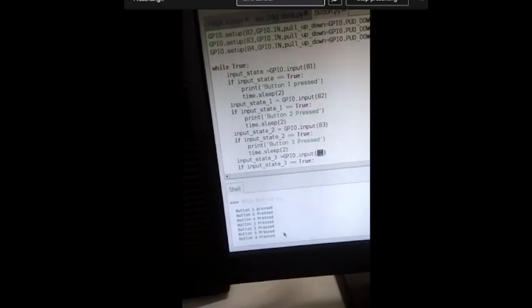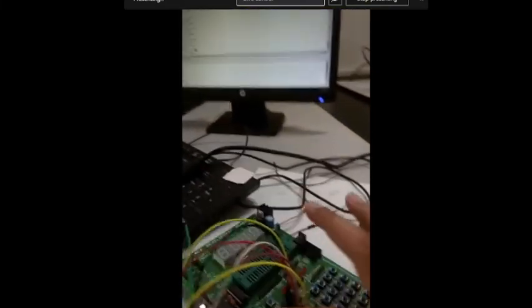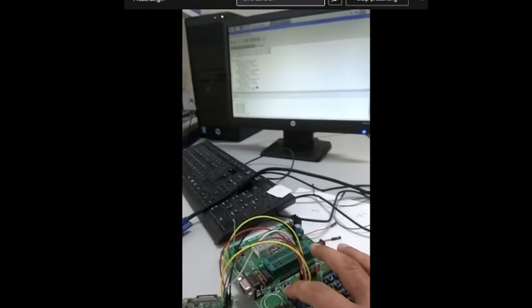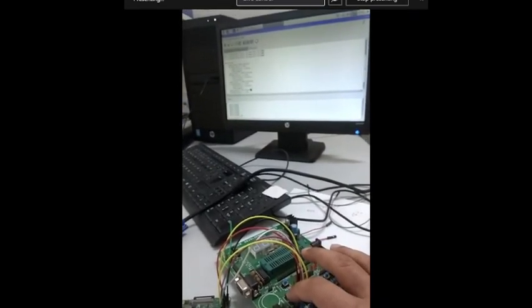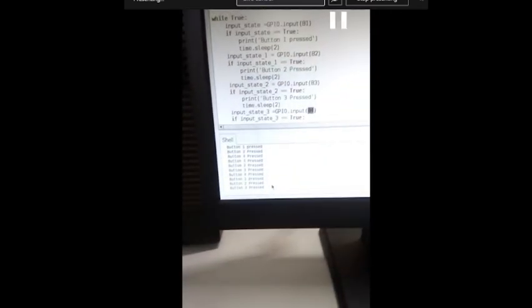So this is how you can connect multiple switches or buttons with this Raspberry Pi, and you can take appropriate decisions. Here I am simply printing the message, but you can write your own logic. If you have some sensor, then you can write the required action based on the sensor input, and this is how you can develop this logic.